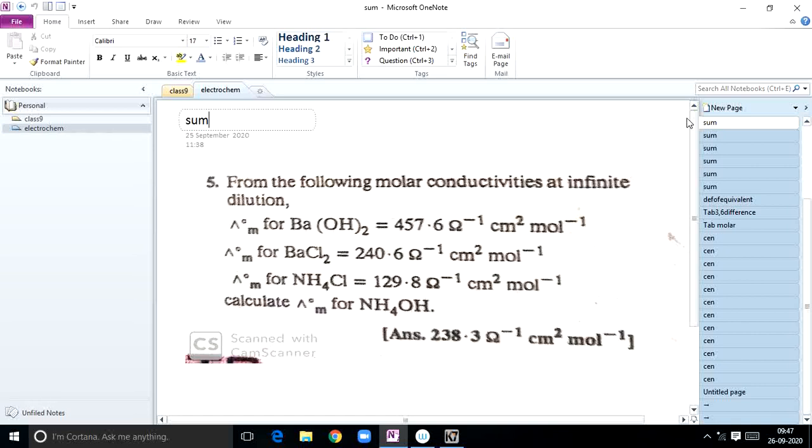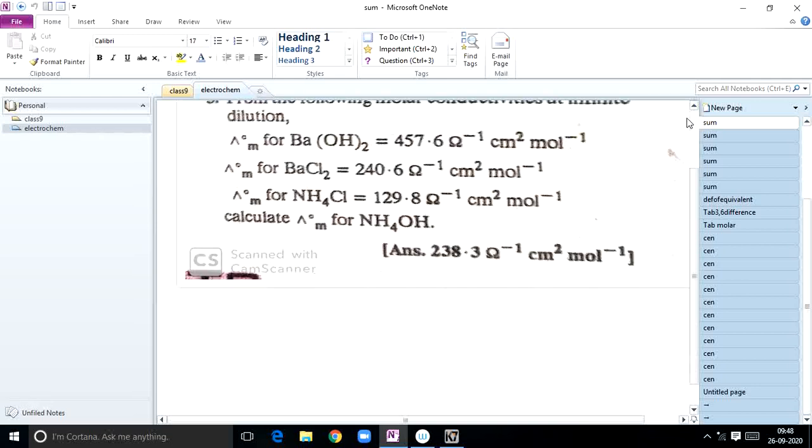What is the relation, students? Already we have discussed that relation. What will be the relation between them? So how will you bring out the relation between this? I have given in the notes to students. So what formula you can write, or how to frame. So lambda m naught of barium hydroxide is equal to lambda m naught of BaCl2 plus 2 into,